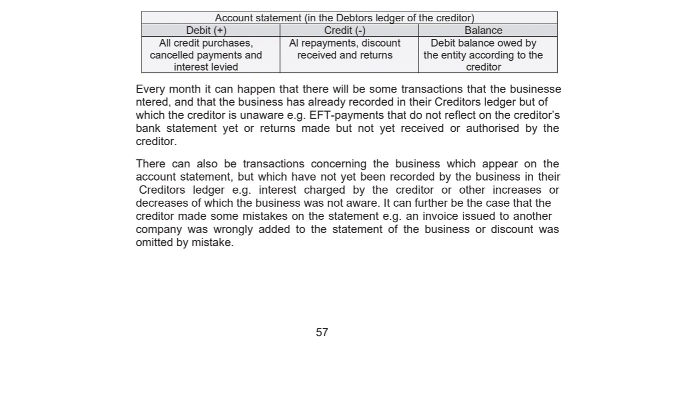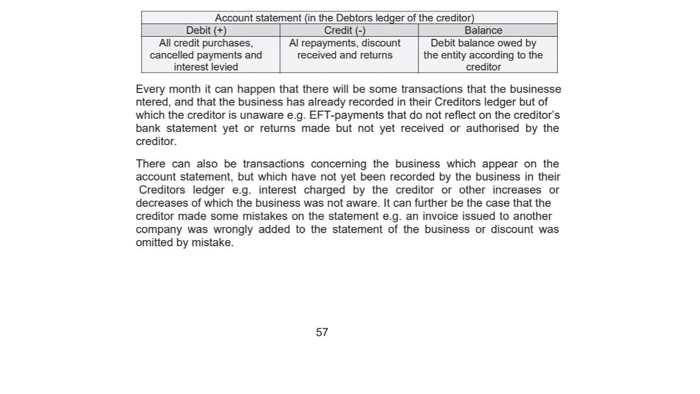There can also be transactions concerning the business which appear on the account statement which have not yet been recorded by the business in their creditors ledger, for example, interest charged by the creditor or other increases or decreases of which the business was not aware. It can further be the case that the creditor made some mistakes on the statement. For example, an invoice issued to another company was wrongly added to the statement of the business, or discount was